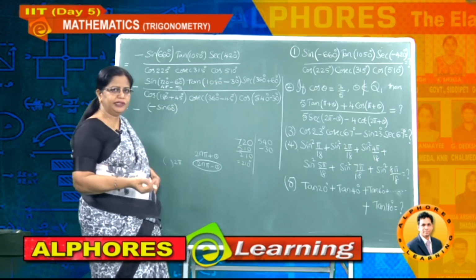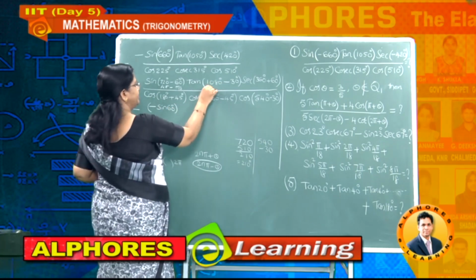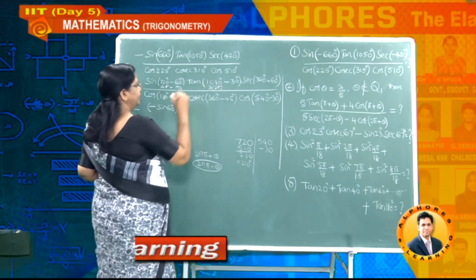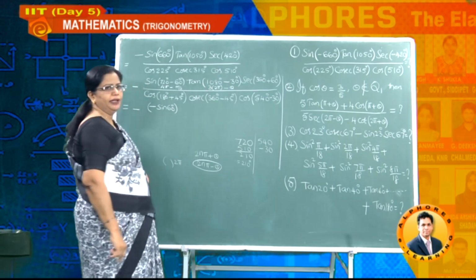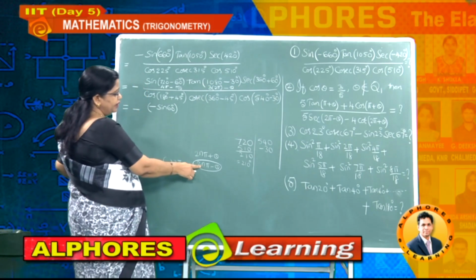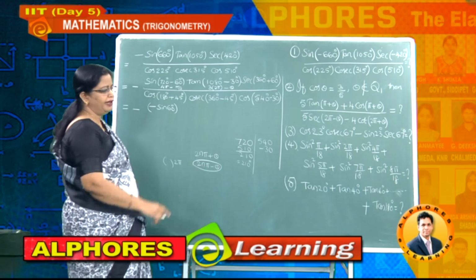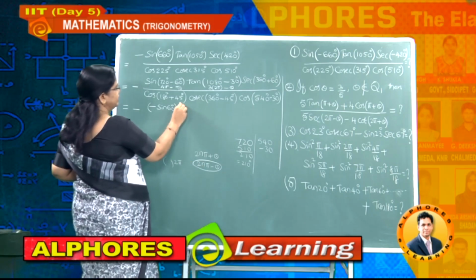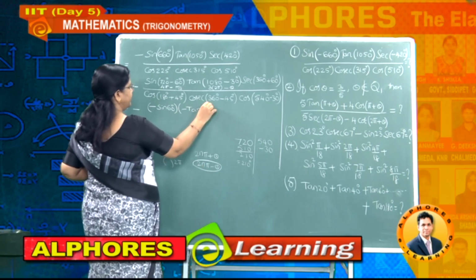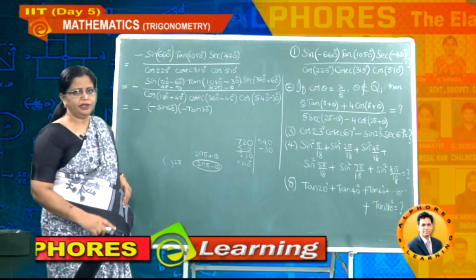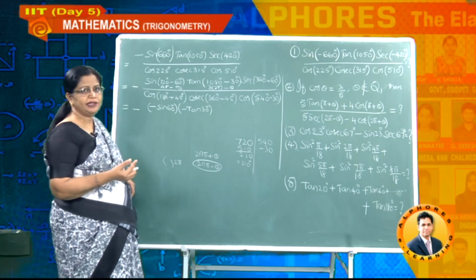And next one, 1080, and you know it is how much actually? 3 into 360. 3 into 360 means 3 into 2 pi, that is 6 pi, minus, this is a theta type, and hence what is our value? Again it is coming under fourth quadrant. So this value is now minus tan 30 degrees, okay, because in fourth quadrant we observed the tan values are negative.